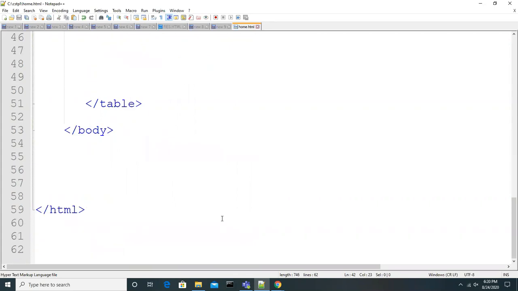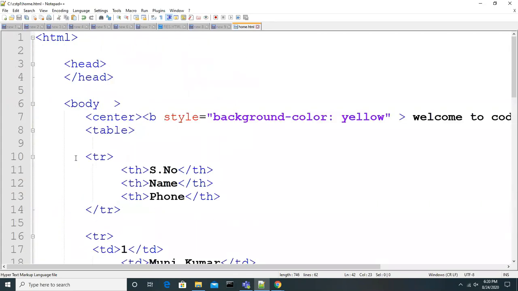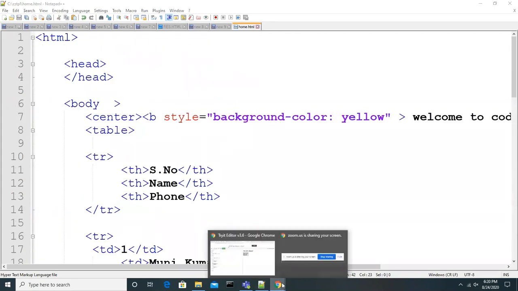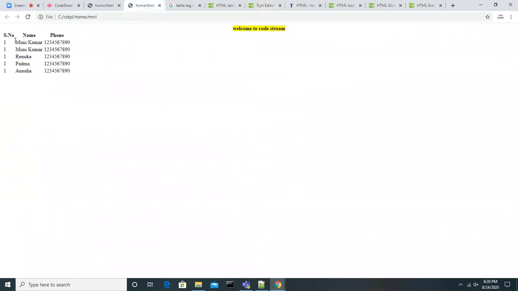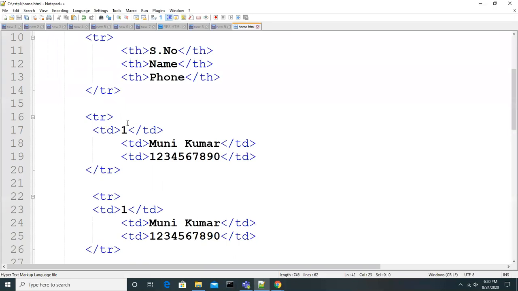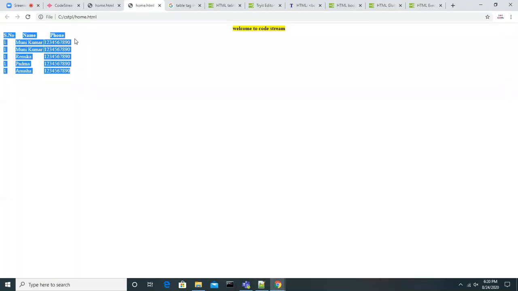Yeah. So look at this. I just added the rows to this, and let's go and render that as well. You can see that the representation is like column, row. The headers are represented in a different manner. The same information, if you don't keep in the HTML tags, the representation will not look like this.